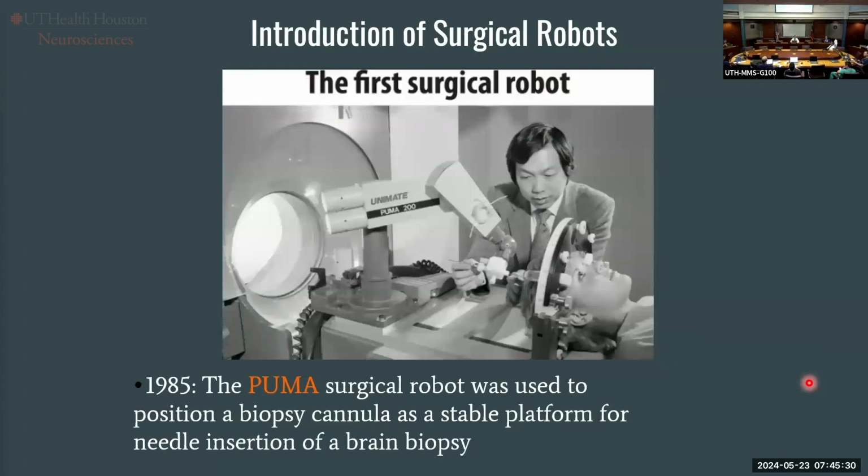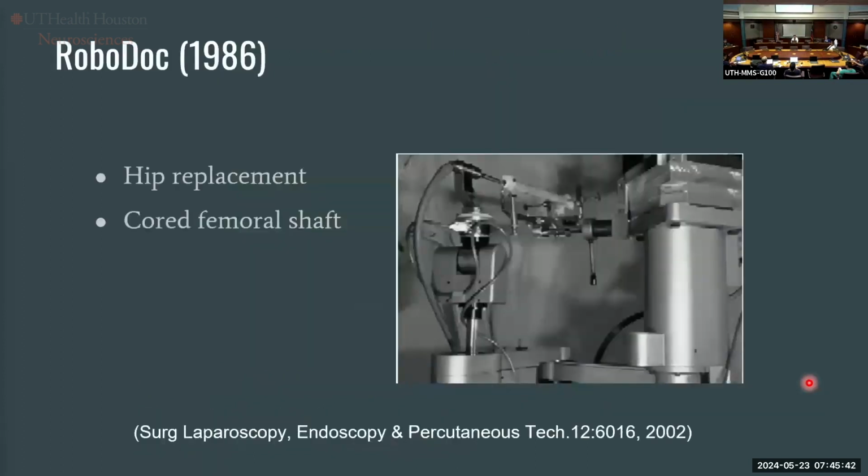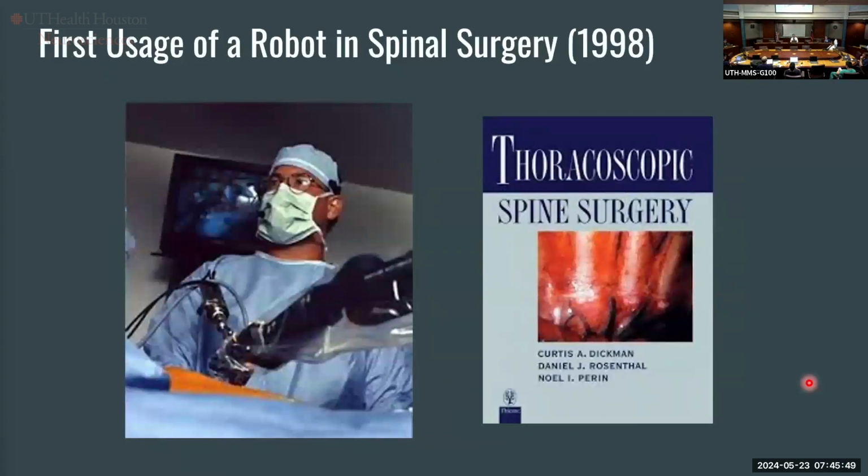So surgical robots have actually been around in neurosurgery for a while. In 1985, the Puma surgical robot was used to position a brain biopsy cannula successfully. Orthopedics started using the RoboDoc in 1986 for hip replacements and cord femoral shafts. The first time that I'm aware of a robotic arm being used in spinal surgery was Curtis Dickman at the Barrow in 1998. My understanding is he used it to position a thoracoscope for thoracic